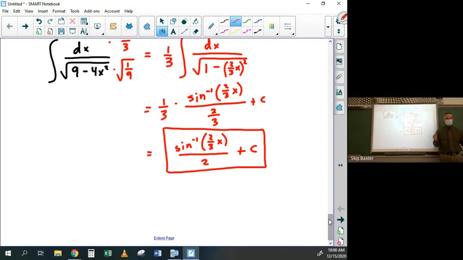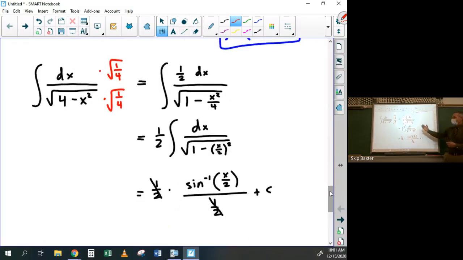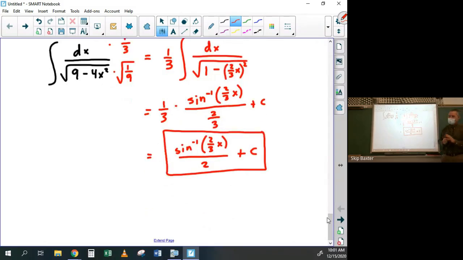So these problems require a little bit of thought, but you have to know those 3 basic rules for inverse trig functions. And then just think about which one does this look like and how can I make it look like that even more? What's wrong with it? How is it not exactly like what it should be? Like in this case, what makes this not exactly what it should be is the fact that that's a 4 and not a 1. So how can you get rid of that 4? That's the idea. Okay, any questions about that?